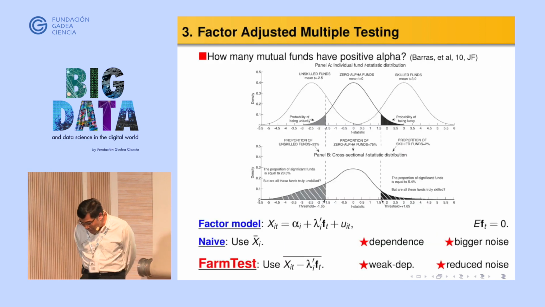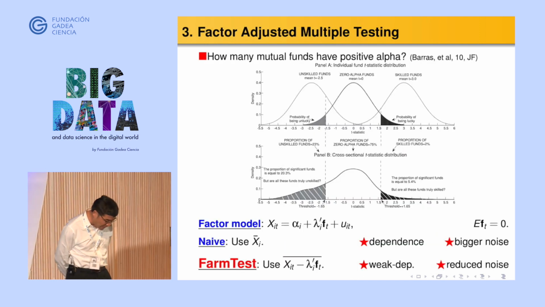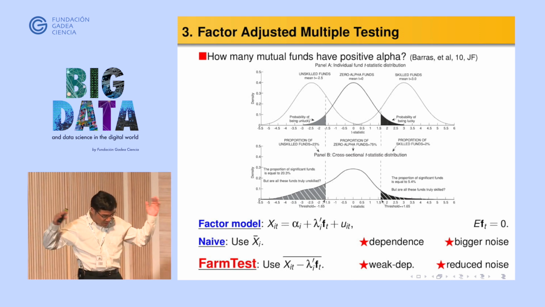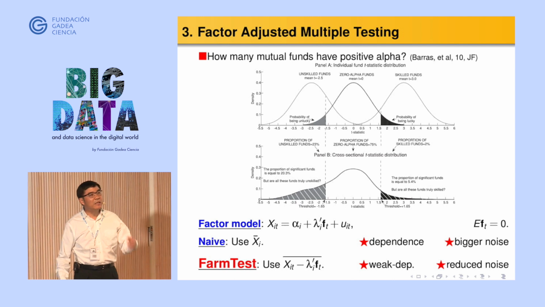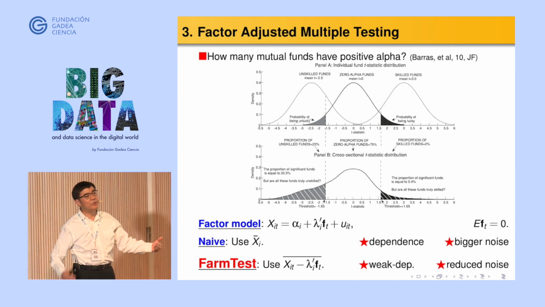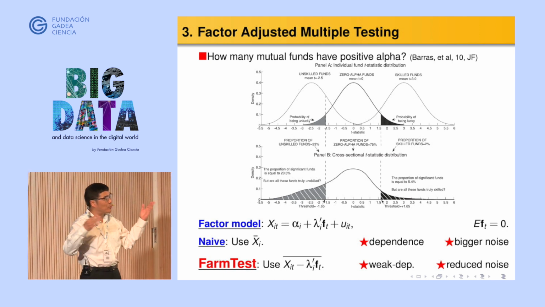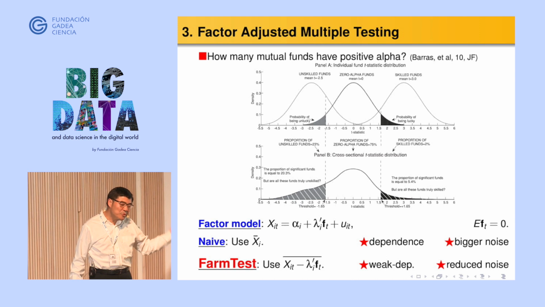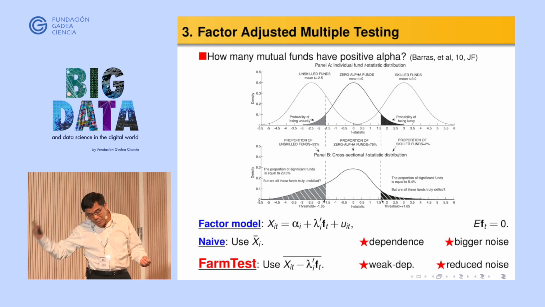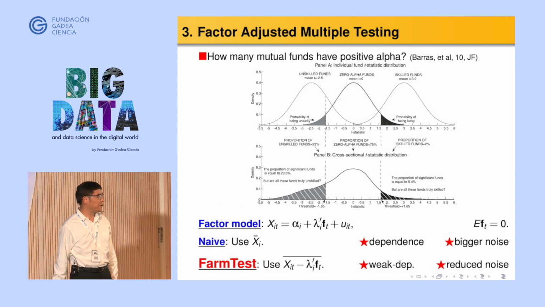Now here I'm talking about multiple testing. Again, it doesn't have to be in a finance context. In genomics, it has probably been very widely used. You keep asking, has this gene been altered between treatment and control? Has this gene been altered between treatment and control? You ask it 20,000 times. In the same way I ask, does this mutual fund have alpha? Does that mutual fund have alpha? Does the mutual fund have skill? So I ask tens of thousands of times, right?